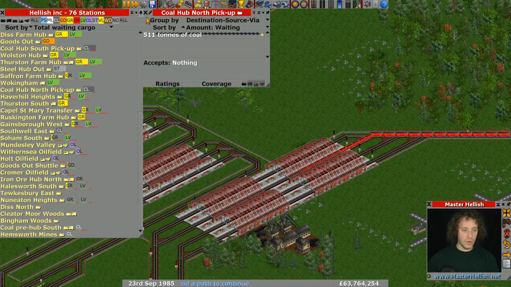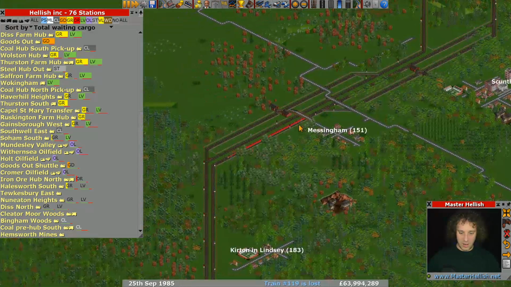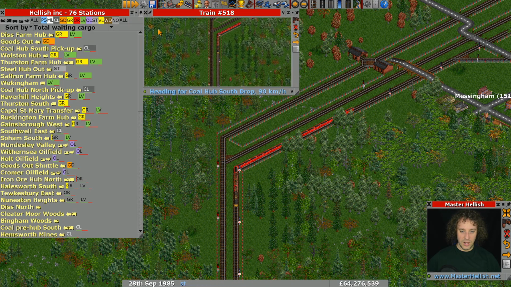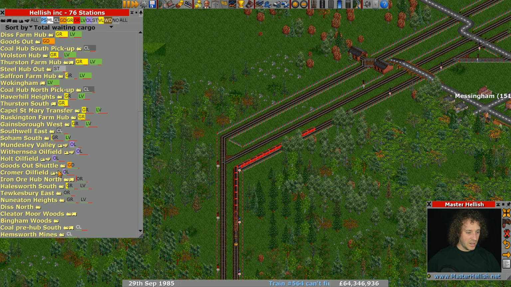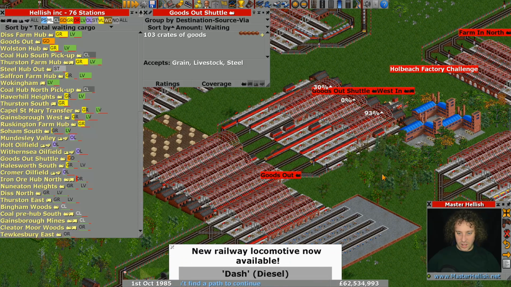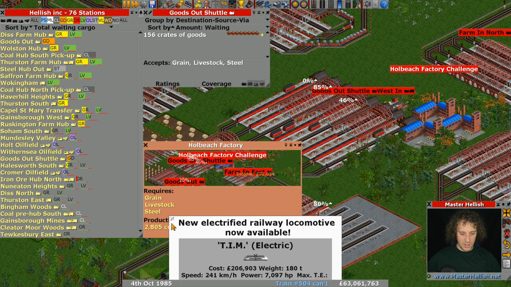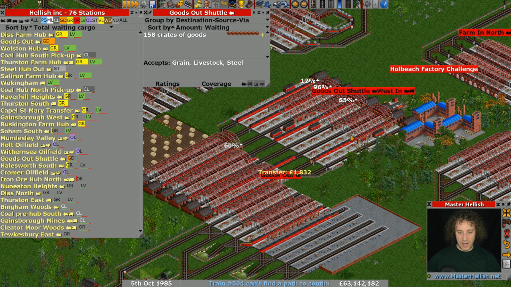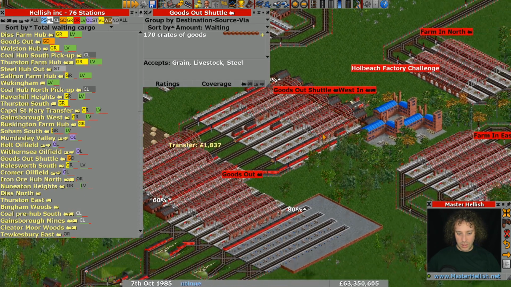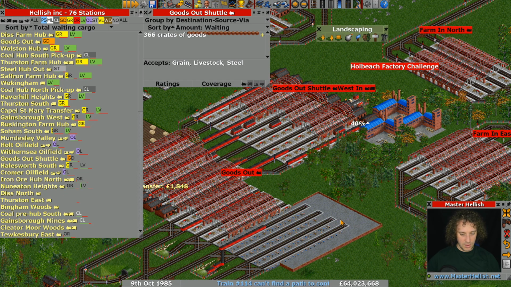Coal hub pickup north is finally starting to fill up again. Our trains are slowly making their way along the track. Once we upgrade the trains, they will do even better. The goods out shuttle service seems to be actually filling up too quickly at the moment. Yeah. We need to figure out a way to get more out into goods out. I wonder if we...